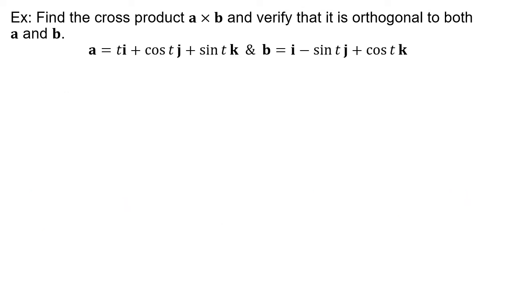Let's do another one. This one has functions in it instead of numbers. I think that's probably okay. Let's do one with functions. You'll notice that we'll do more and more functions as we go along the way as well. So if I do A cross B,